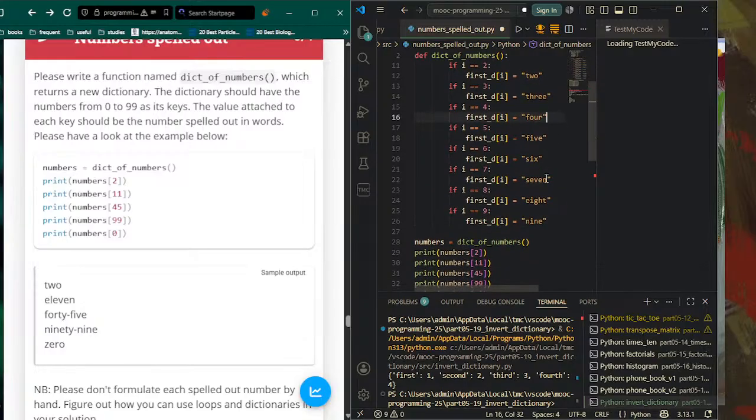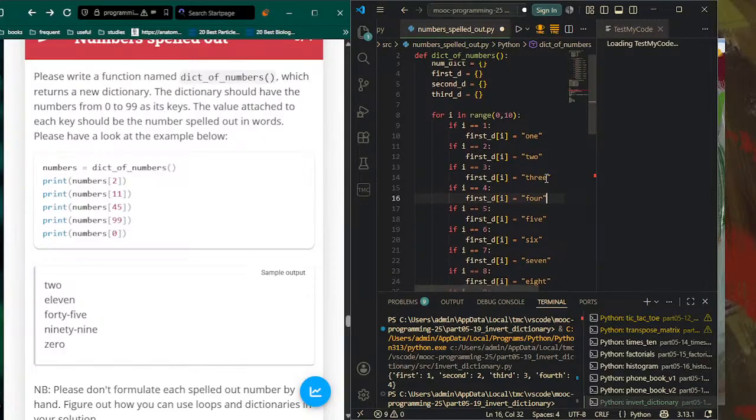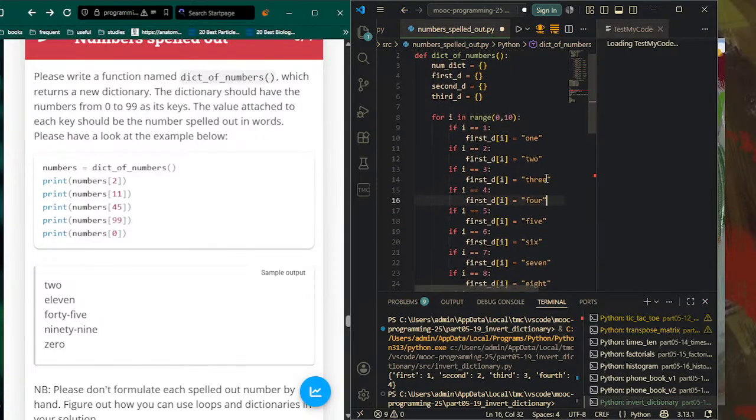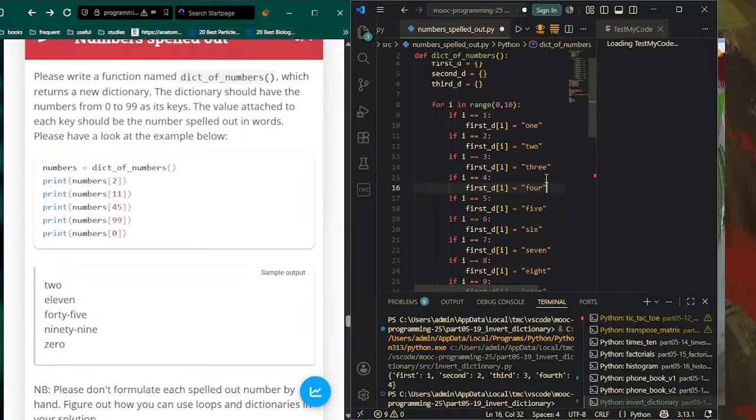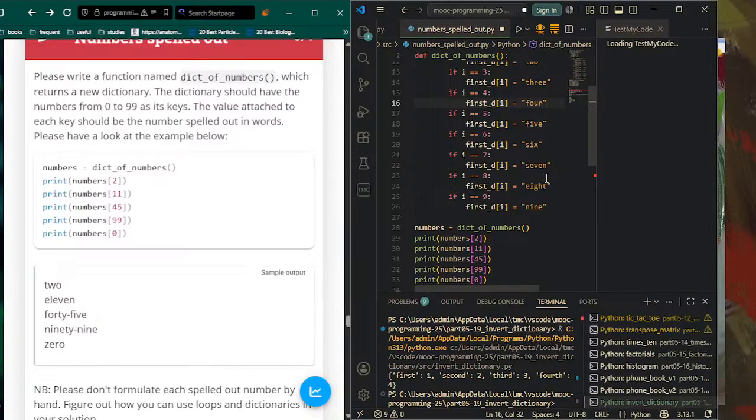Okay, there you go. Yep. So 1 goes to 1, 2 goes to 2, 3 goes to 3, 4 goes to 4, 5 goes to 5, 6 goes to 6. Okay, cool. Now let's do that same thing